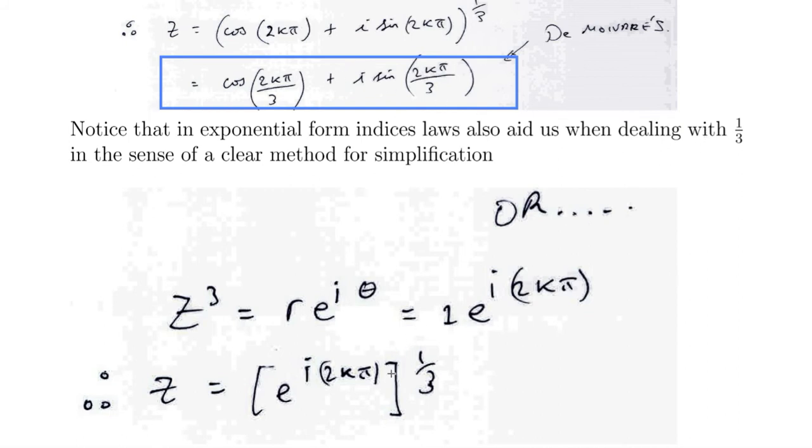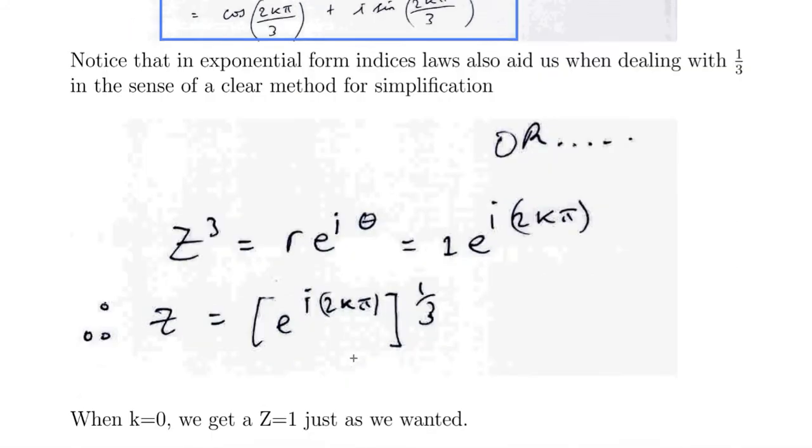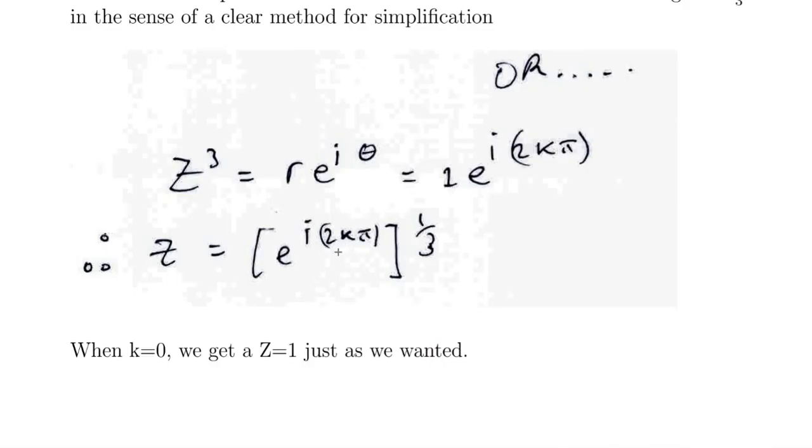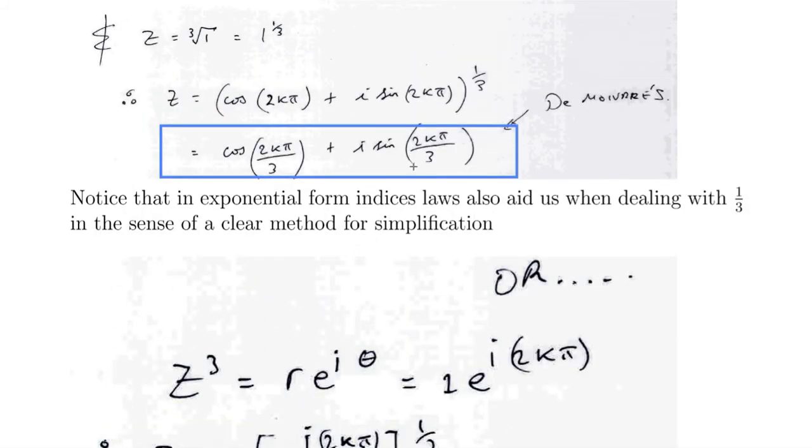But it's interesting to note that if you did have this form, then you had e to the i 2k pi, multiplied in the indices layer by 1/3, and hence you would simply have 2/3 k pi times i, synonymous to the 2k pi over 3 that comes about as a result of De Moivre's theorem, wherein De Moivre's theorem appears due to the idea of